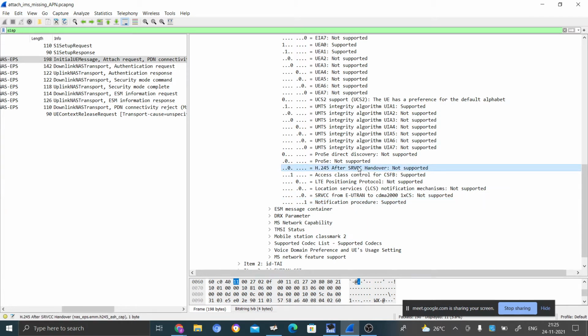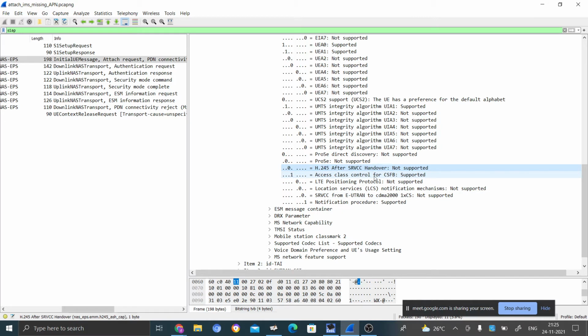So as I said, so many things. The UE has to tell the network which features it supports and which it does not support. Based on that only, the network can take necessary actions, because today I may use the Airtel SIM card, tomorrow a different SIM card, day after tomorrow another. So the network needs to know what kind of UE it is, whether it supports release 8, release 9, release 10 or release 15. So all features you can see here.